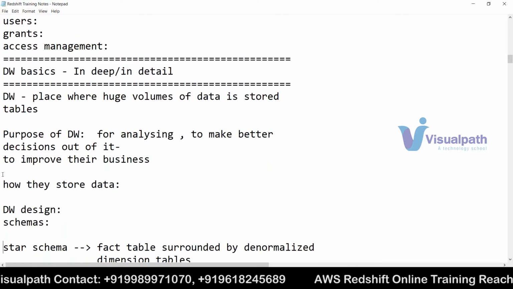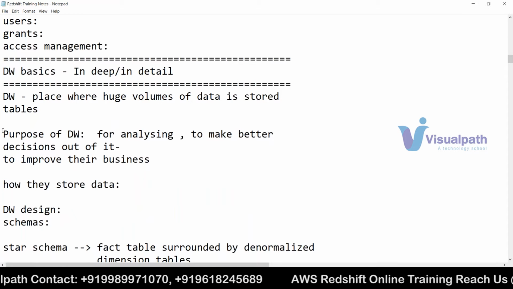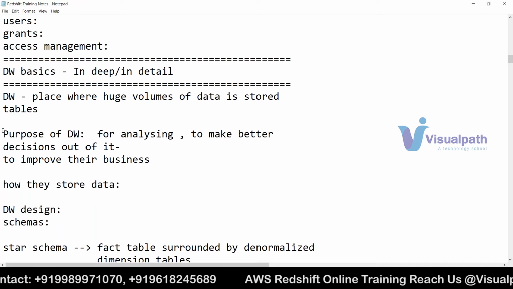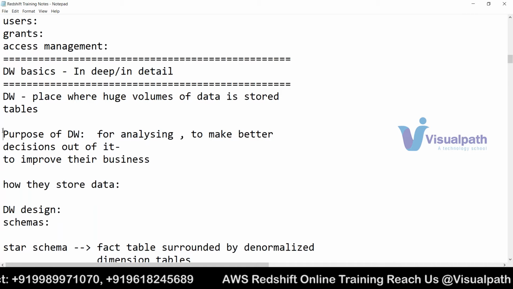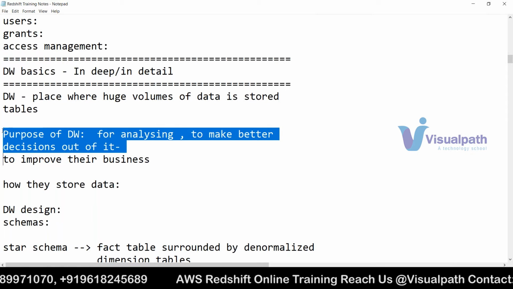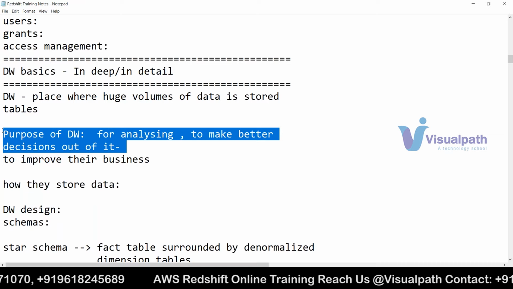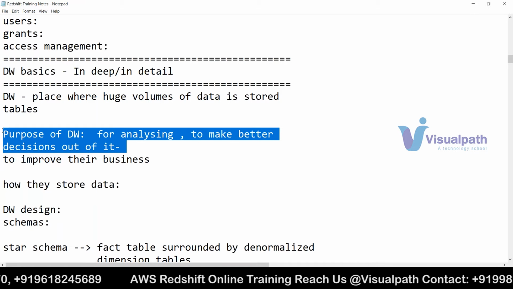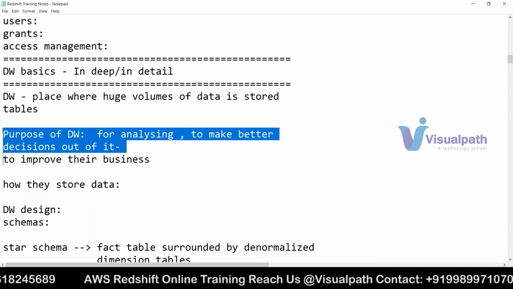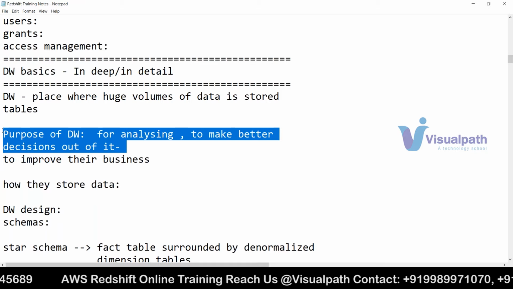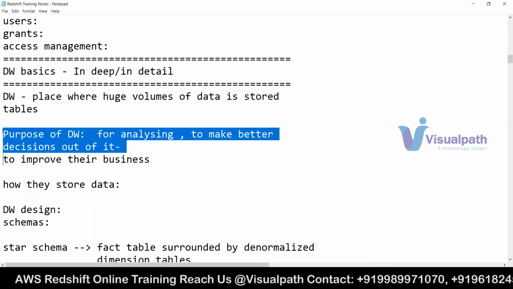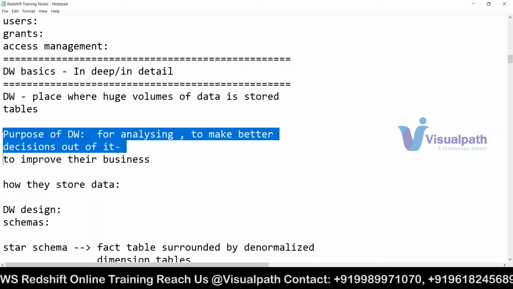Even our companies, the customers we are working with, are also trying to come up with new decisions to increase their business. For that, the whole thing is the data warehouse. They maintain the data and analyze the current business and see where they are doing good and where they are not, and why they are not doing good in a particular area, region, state or city. They come up with a plan to overcome the existing issues, and that is the way they will improve the business.